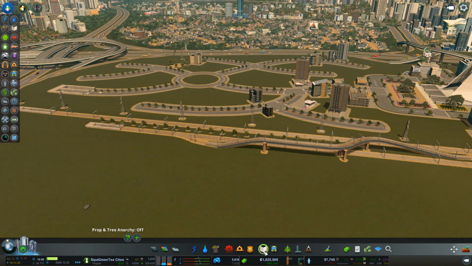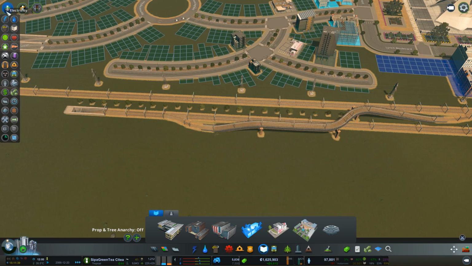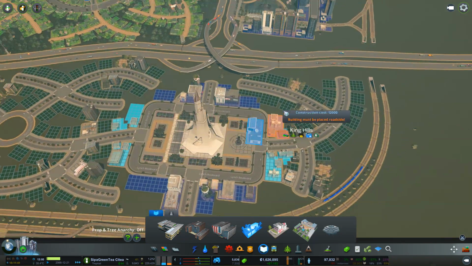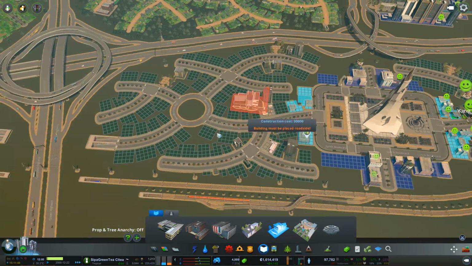Oh, we don't have schools in here. That was the other thing. We're going to put some of the self-sufficient type schools in here. We'll have you there. And then we'll have you...